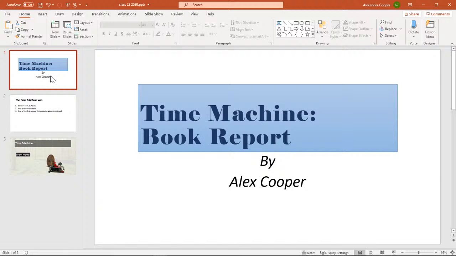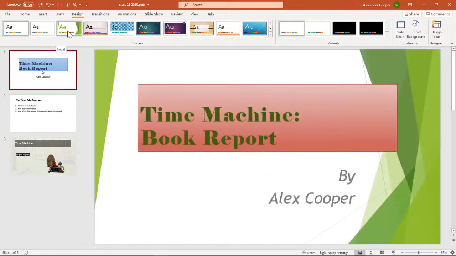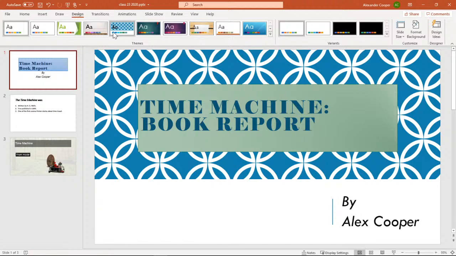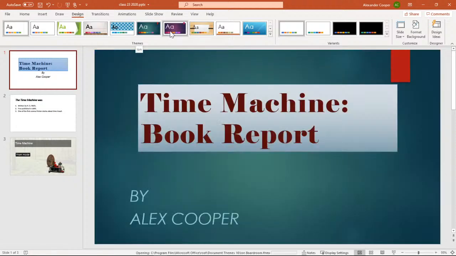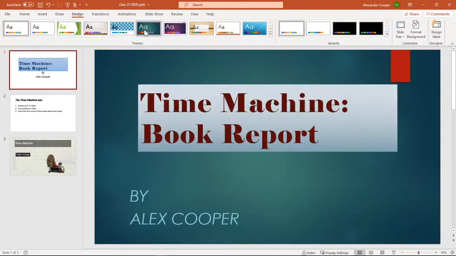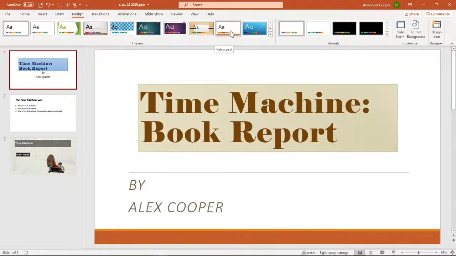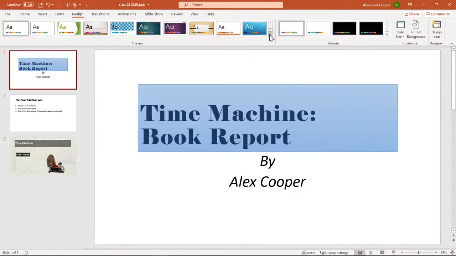So let's go back to our main slide, and let's go up to Design. So here are some themes that actually come with PowerPoint. Now the big thing that'll happen is someone goes in here and you hover, you'll see that the text is being moved around. As you can see, the "by" has moved over there. You may or may not like that. Do you realize you can move the text boxes anywhere you want?